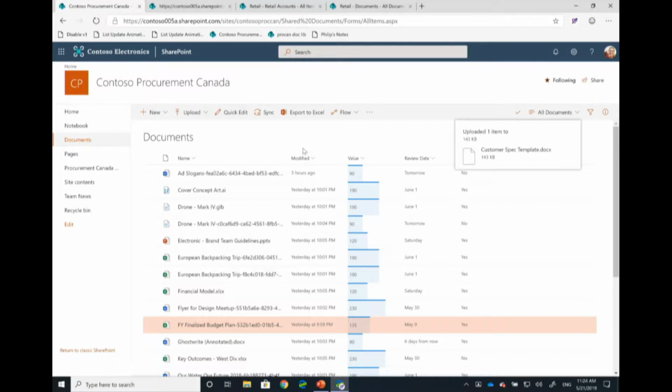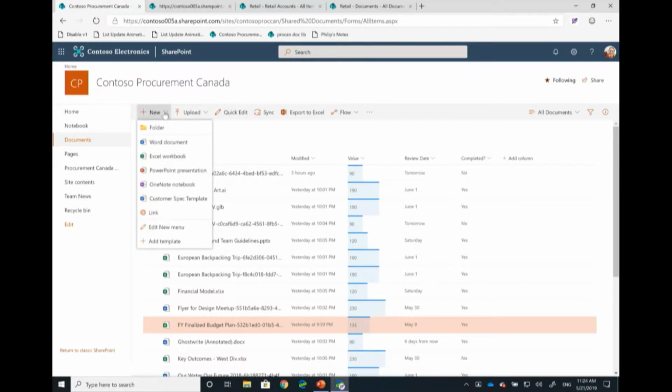We see one item uploaded. So now when I drop down this menu, you see Customer Spec Template is there. Notice, for those who have been using SharePoint for a while, something looks very different here. We still have all of the existing default templates appearing. This is a new feature that we released a few months ago where you can show the default with custom